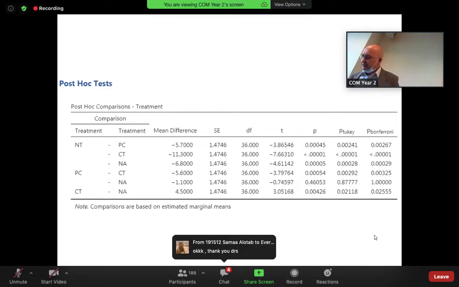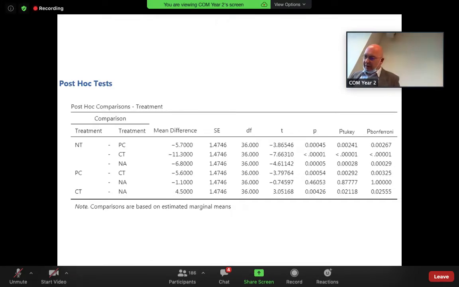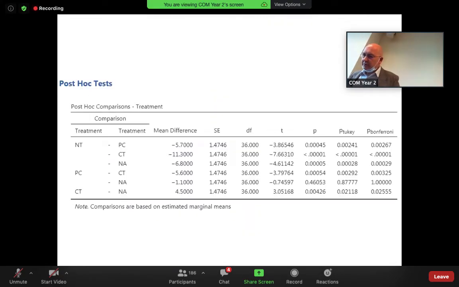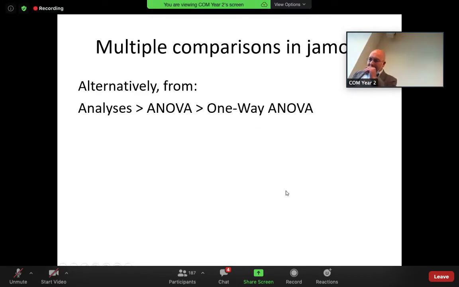Okay. So this first P is for Fisher's P, where there was no correction. That's the same as Fisher's. This is Tukey, this is Bonferroni. Okay, so Fisher's uncorrected. Okay. So we do it in two ways. This is the way you're going to do it today, by the way, in the lab after this lecture.